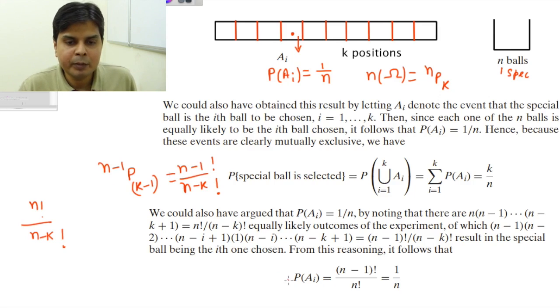So what will be the probability of the ith element? It will be n minus 1 factorial divided by n factorial, because the n minus k factorial will get cancelled out. So the probability of Ai will be n minus 1 factorial by n factorial, which is equal to 1 by n. Exactly the same thing I derived using permutation and combination. The same thing I had derived using a very simple logic, that this is just the ith position, this is one special ball out of n balls, and this ball has a chance of 1 by n of occupying this coveted position.